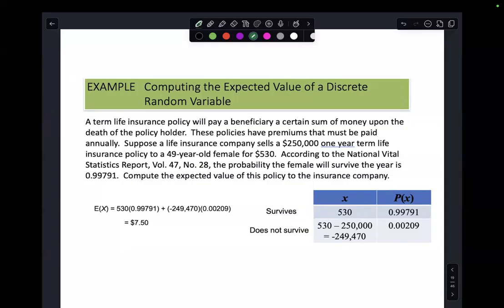And they do this with things like car seat safety, car accidents and seat belts, and all of this. They take all of this stuff into consideration. Actuaries sit there and calculate these probabilities and these expected values for insurance companies. That's their job, and they make really good money. If you're really good at statistics, you can get a degree in statistics and become an actuary and make some